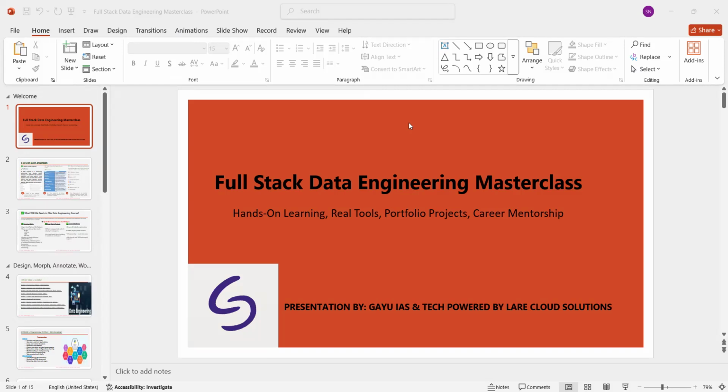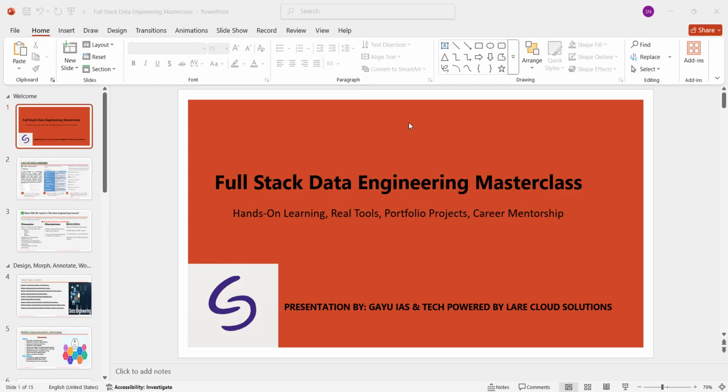From day one, we go beyond theory. Every concept you learn will be tied to real world business scenarios, the kind of task you actually work on in your job. You will not only master the technical foundations like Python, SQL, PySpark, and cloud platforms, but you will also become a true full stack data engineer. That is, one who builds scalable data pipelines, deploys on the cloud, designs APIs and data apps, and knows how to monitor and automate in live production environments.